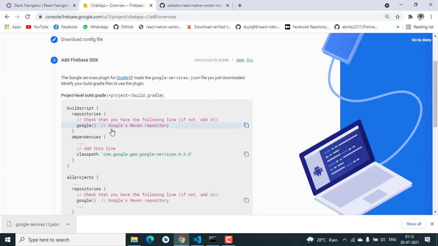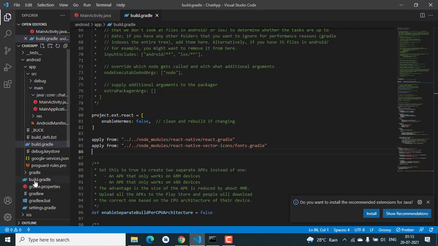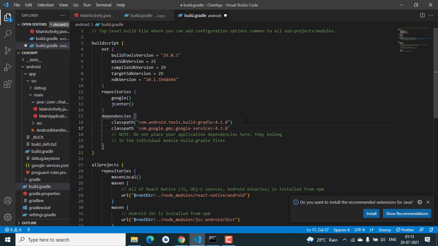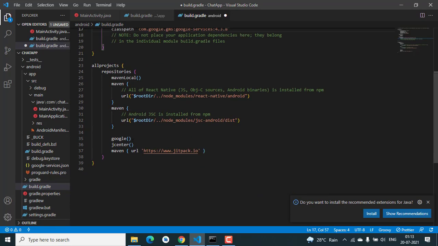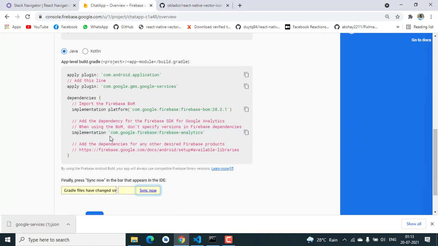So then after that we need to add this classpath in our dependencies inside build.gradle. So we're gonna copy that, and it's asking for adding Google and everything. Google is already there. I just need to add the classpath of Google. As you can see, it's already here in Google. And after that you can add this